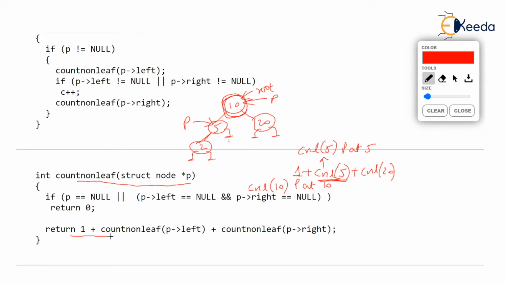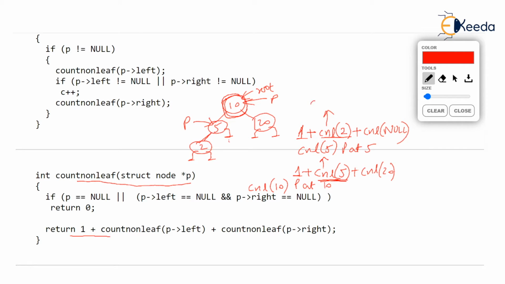I hope you got this. What is count non-leaf saying? I am a non-leaf, so I will count 1, and then I will inquire how many non-leaves are on my left and how many non-leaves are on my right. So count non-leaf is going to appoint count non-leaf again for the left child. Now you observe the left child of 5 is 2, and the right child, observe, for 5 is null. So simple, isn't it? So simple. So the recursive tree will now appoint count non-leaf 2.